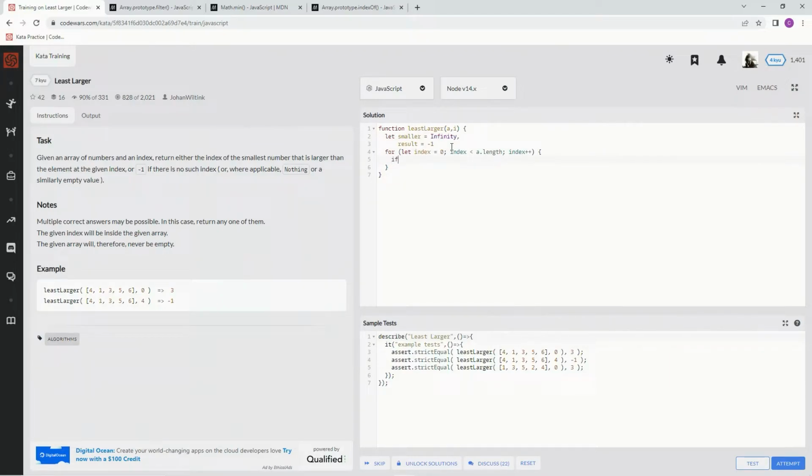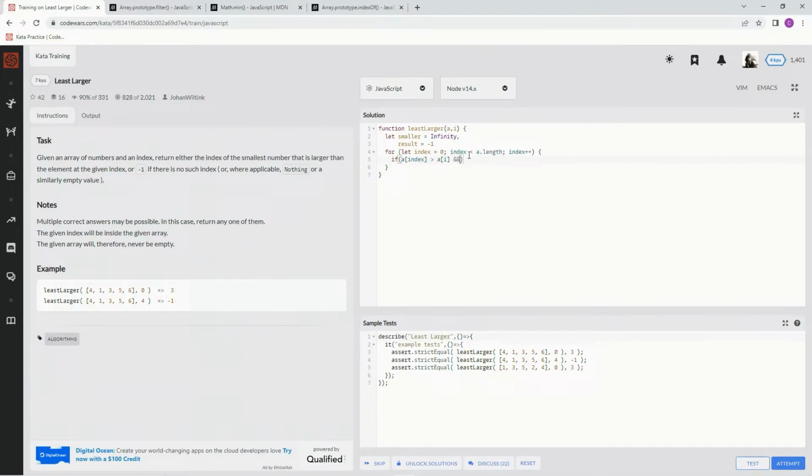So if a at the current index is greater than a at I,